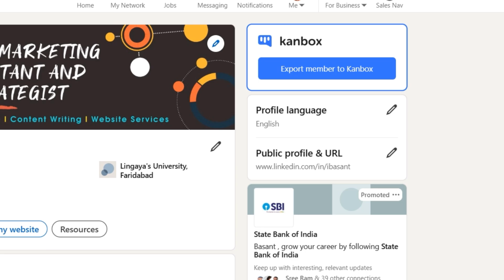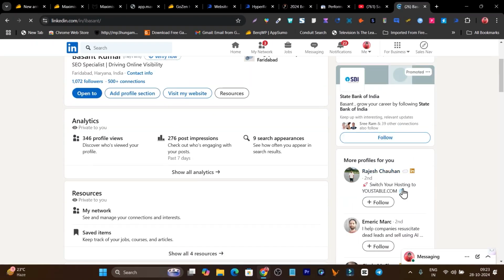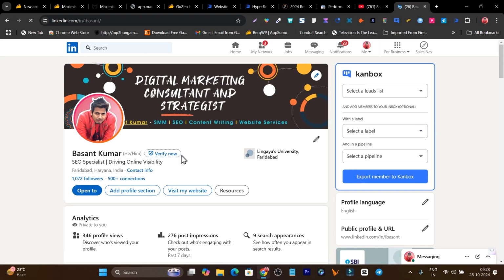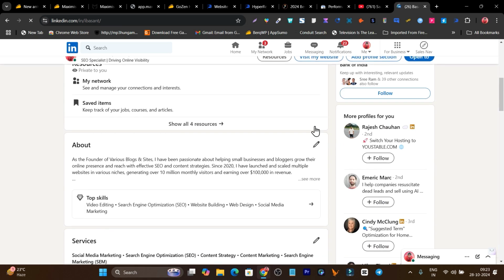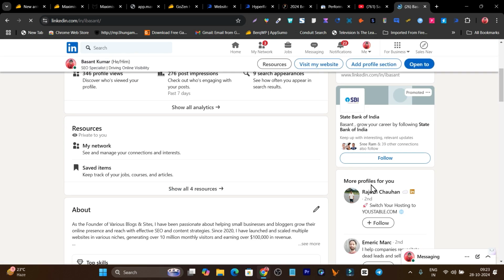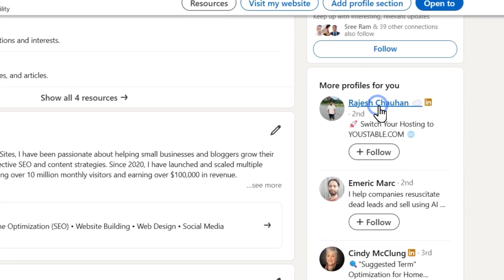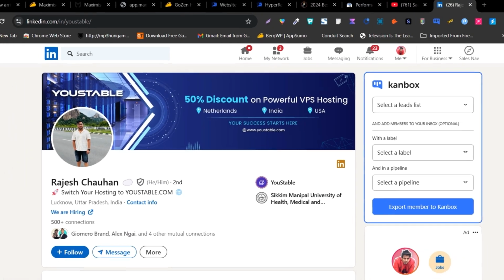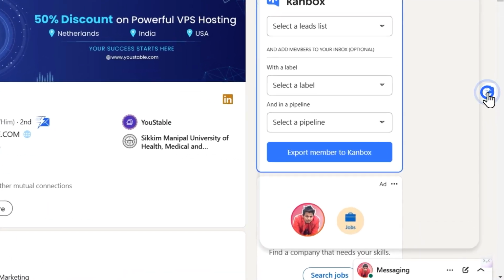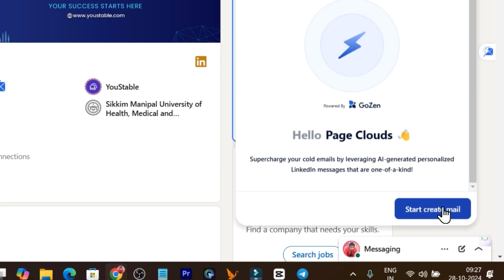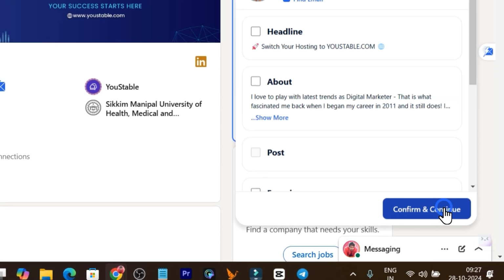Suppose this is my profile here. The browser extension should appear, but it is not appearing. Let me open someone else's profile, and now it starts appearing. You can see this small shortcut, the HyperReach browser extension, and if I click here on Start Mail, you can see